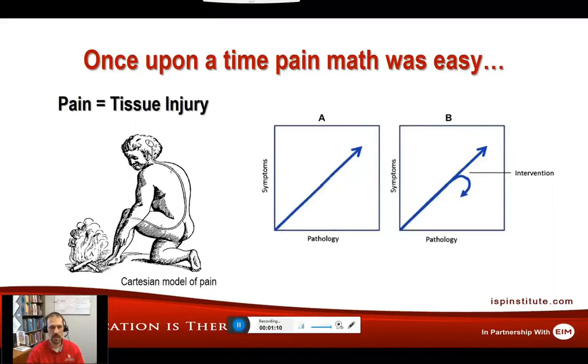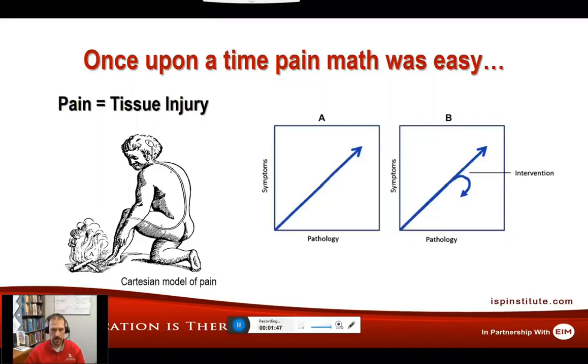So for many of us in healthcare, math may have never been our strong suit, and that's why we went into the healthcare professions and not engineering. But oftentimes we see pain in this very simplistic format of pain equaling tissue injury. It's been around ever since Rene Descartes talked about the little boy with his foot in the fire. When he put the foot in the fire, that created fluids to flow up into an area in the brain that caused them to have pain, and it was always seen as a tissue injury type of situation. Pain was either seen as physical with real tissue injury, or it was more psychosomatic, psychological within the mind, or made up.